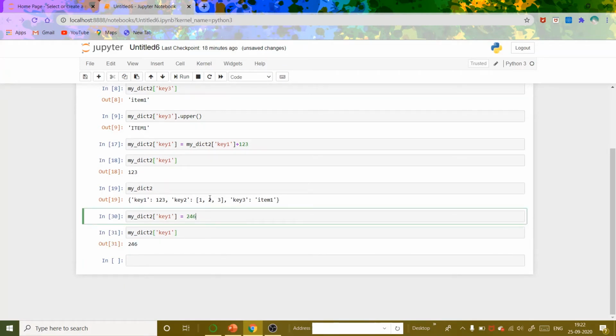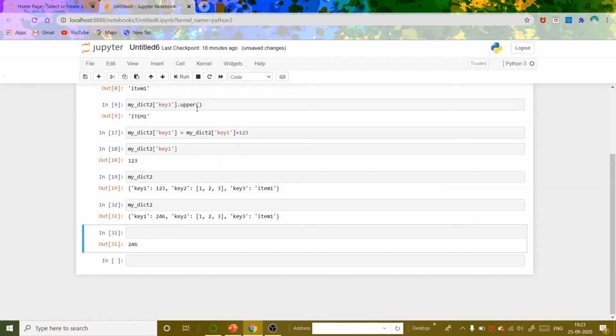We got 246, right? Let's type again. See, storing a value and running that again after changing it is a really big mess. Now my second key value, let's type again, because here you got 246 as your key item. Just subtract this from the next, double it and then subtract it, you will get the value. Because I just messed it up when I changed that value to 0 again minus,